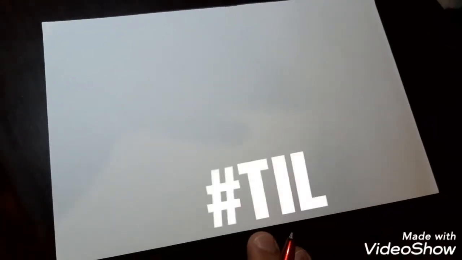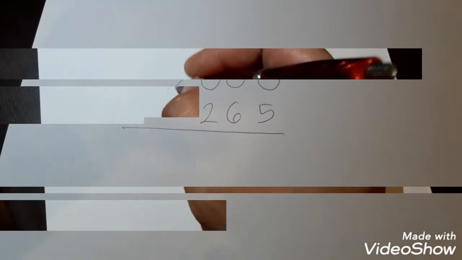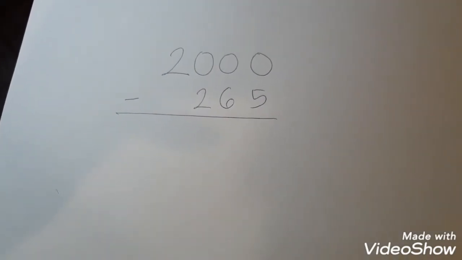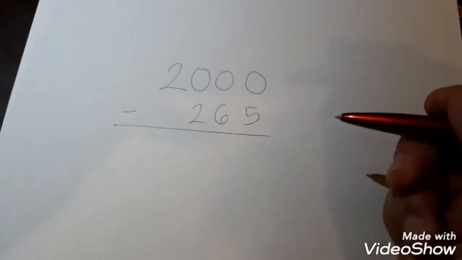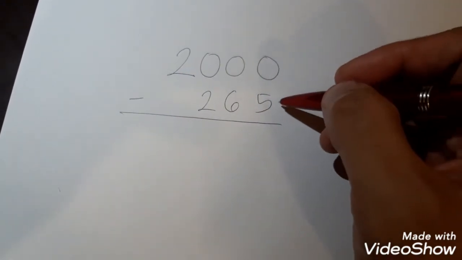Today I learned how Germany does subtraction. And this is an algorithm apparently from Germany. When you're subtracting that, let's say 2000 minus 265, we're starting with ones. Okay. What the gentleman told me was